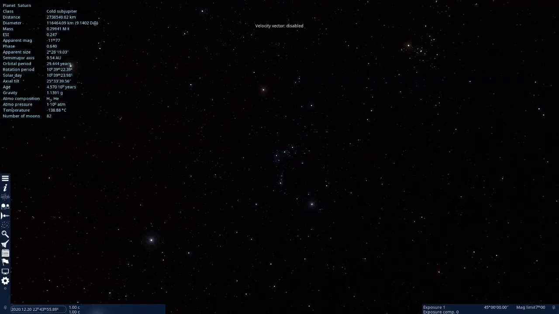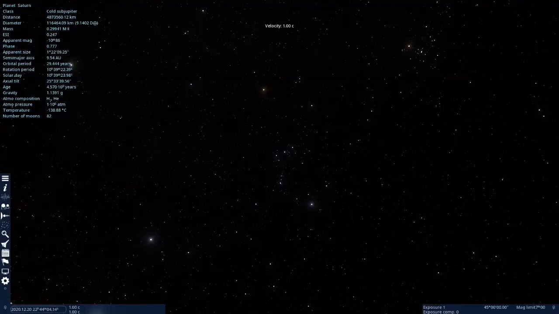How fast are we moving? Not fast enough. We're only going a little over the speed of light. We have to go a lot faster to get where we're going. How about, wrong button, 10 times the speed of light, 100 times, 1,000 times. Well, now we're measuring in astronomical units per second, 10, 100. Every time I press the button, it goes up by a factor of 10.